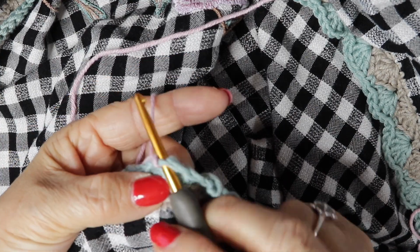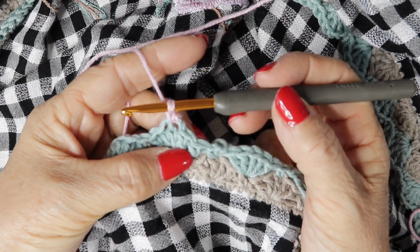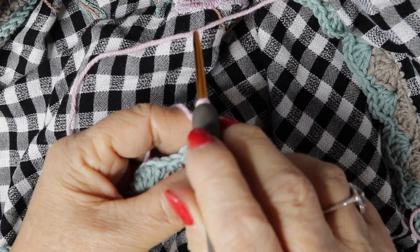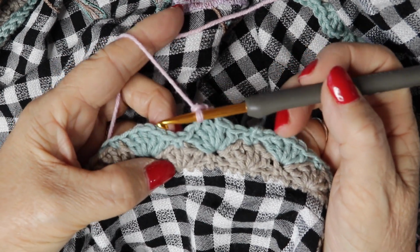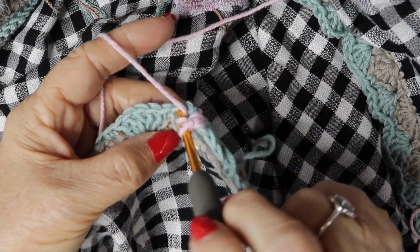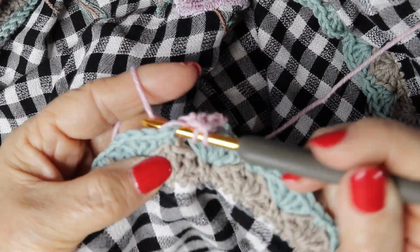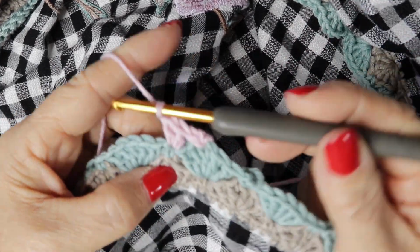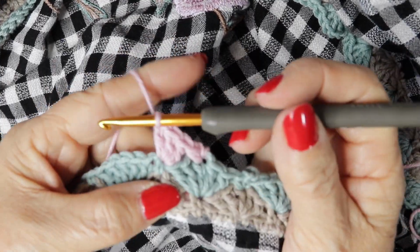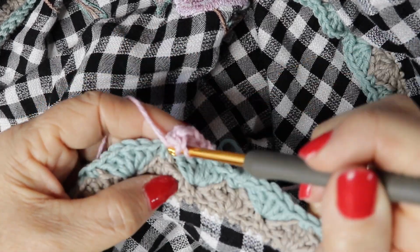Insert my hook, pull through, chain 1, I'm going to go back down into that very same stitch and work a double crochet, and then we're going to skip the 2 and go down into that double crochet of the previous row and do the 5 trebles. 1, 2, 3, 4 and 5,